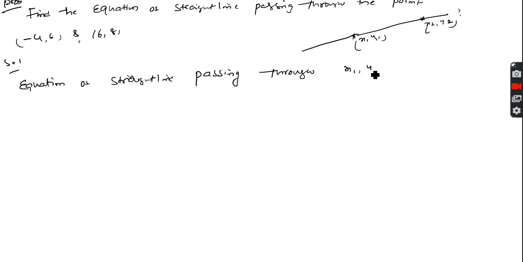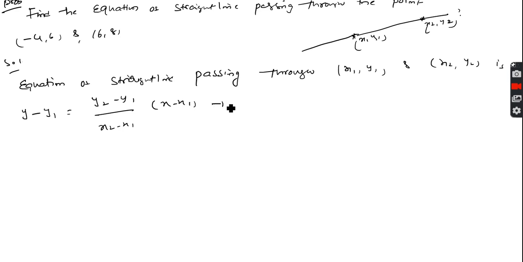passing through x1, y1 and x2, y2 is the formula. What is the formula? That is nothing but y minus y1 is equal to (y2 minus y1) by (x2 minus x1) into (x minus x1), taken as 1. So given that